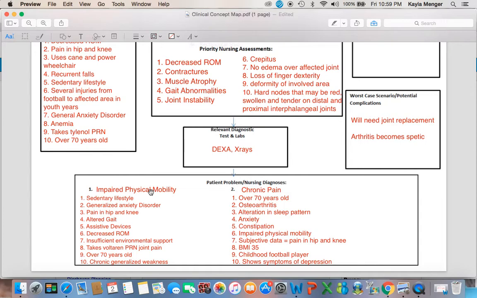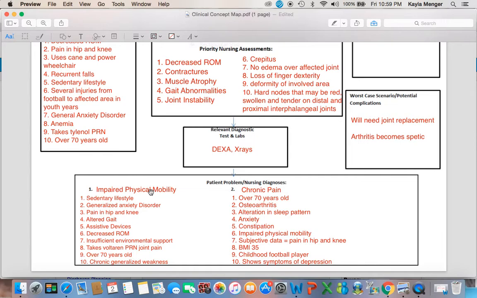So I went there, and then it takes you to page, sorry, I thought I had it blocked off. It is going to take you to arthritis, and on page 955. So you could basically pick